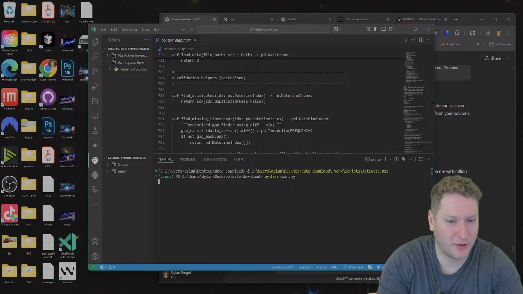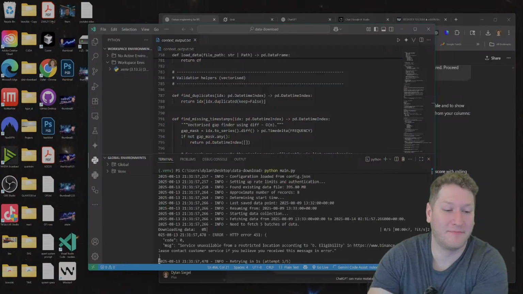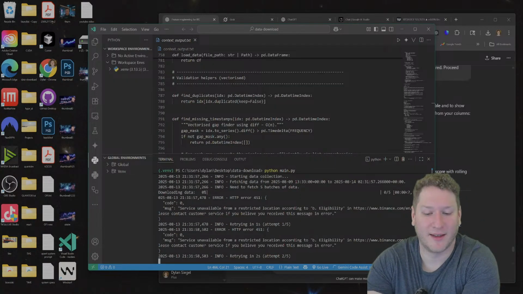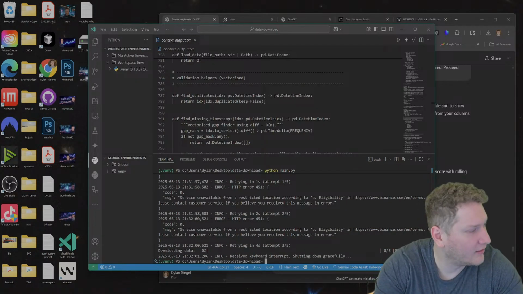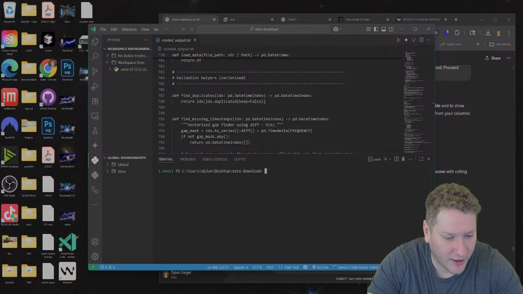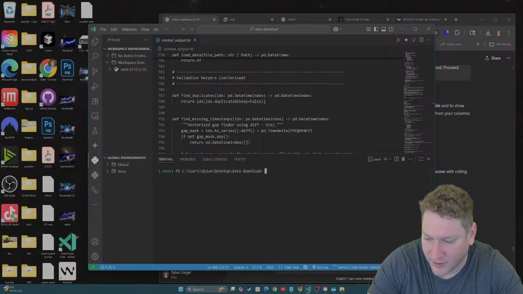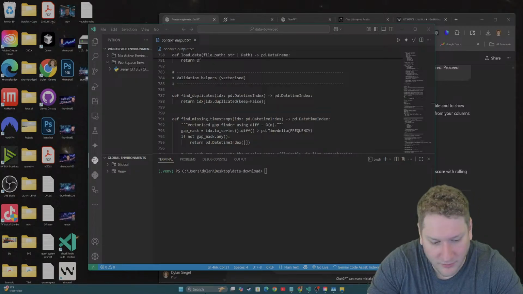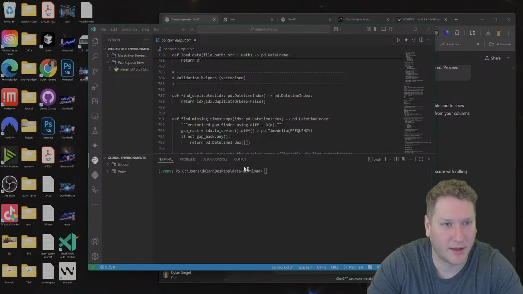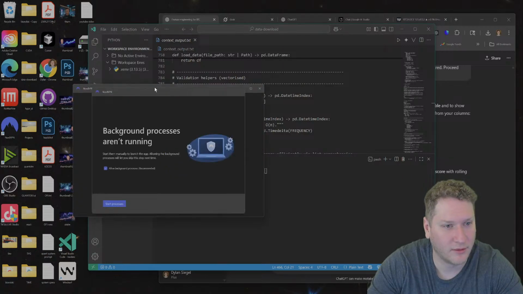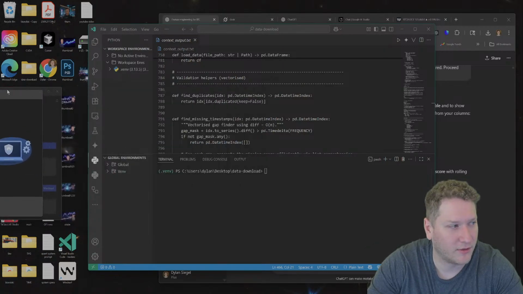Let's see, is it geo-blocking me? Yeah. Unfortunately. All right, I don't know what this is going to do to the live stream. We're going to find out. I'm going NordVPN just to get the most updated data, so I need to go to Mexico real quick. Okay. We move this over here.